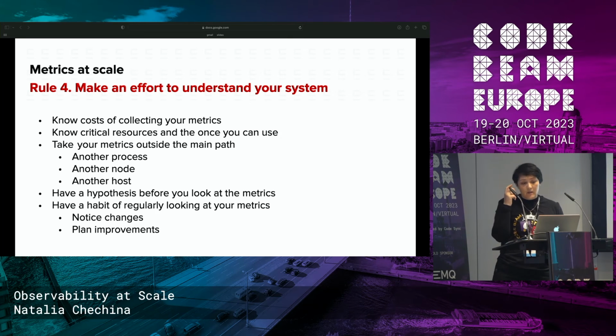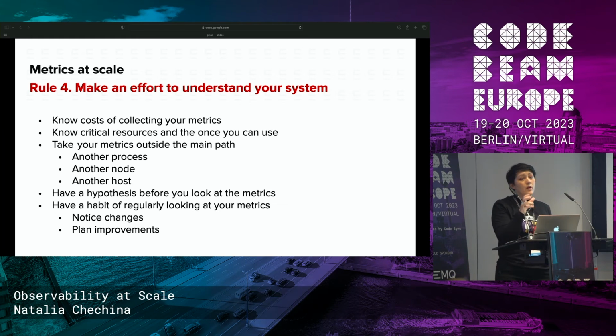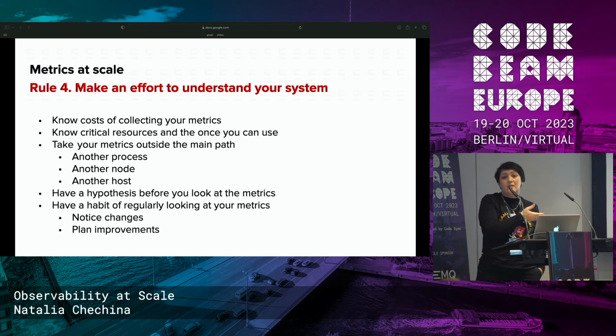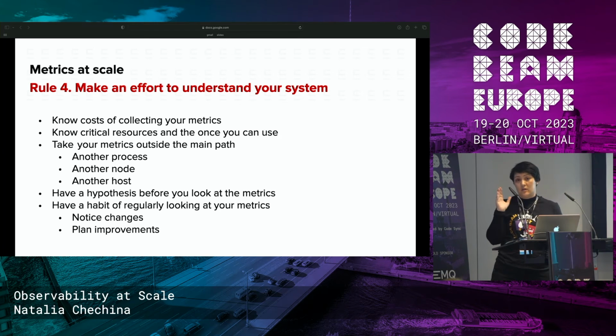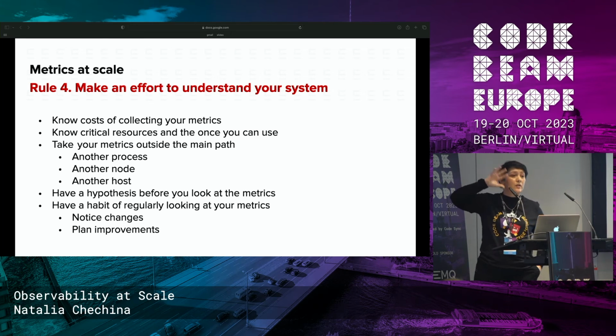Your system slows down, right? Revise it, redesign it. An approach that worked for you when you had 2,000 clients doesn't work for you anymore when you have 100,000 clients, right? So change the design, make sure that you take out some of the things.